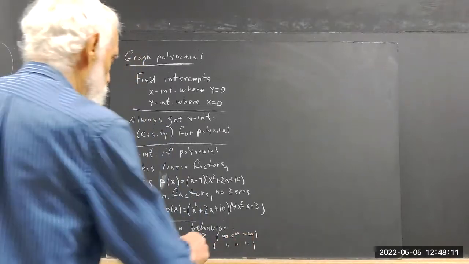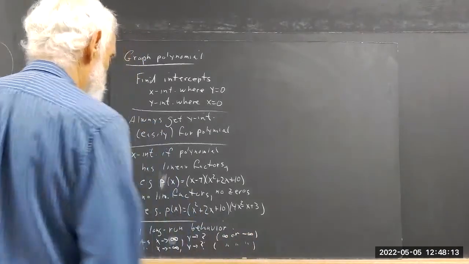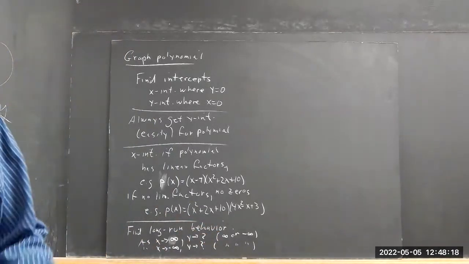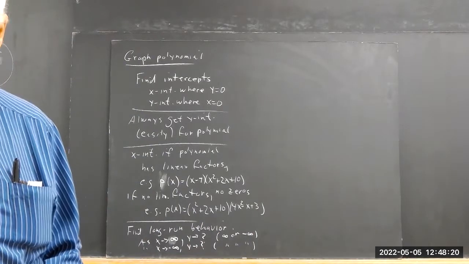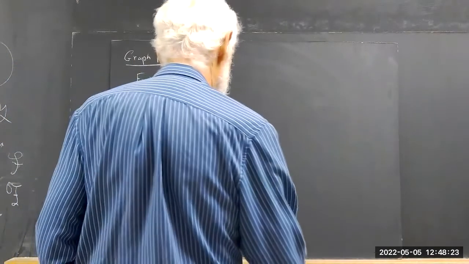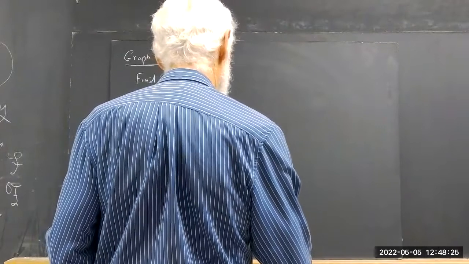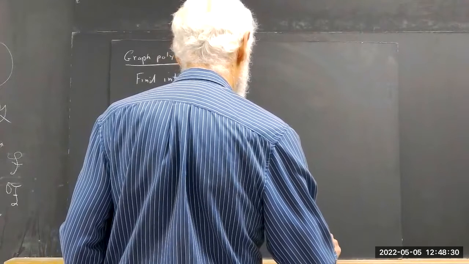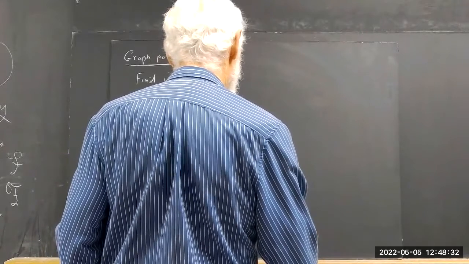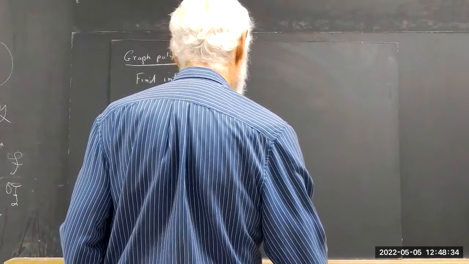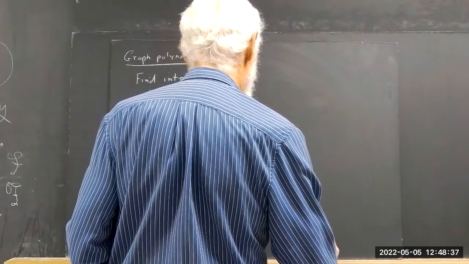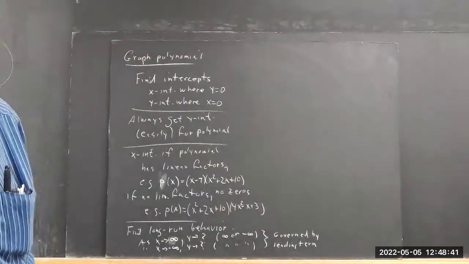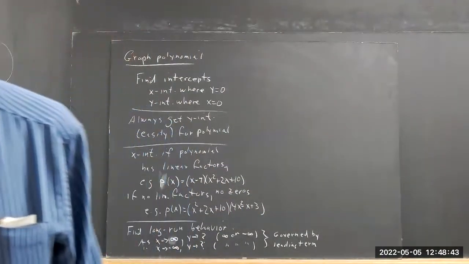What does y go to as x goes to negative infinity? It's going to be infinity or negative infinity. And this is all governed by your leading term, meaning your highest power term. Okay? So if your highest power term